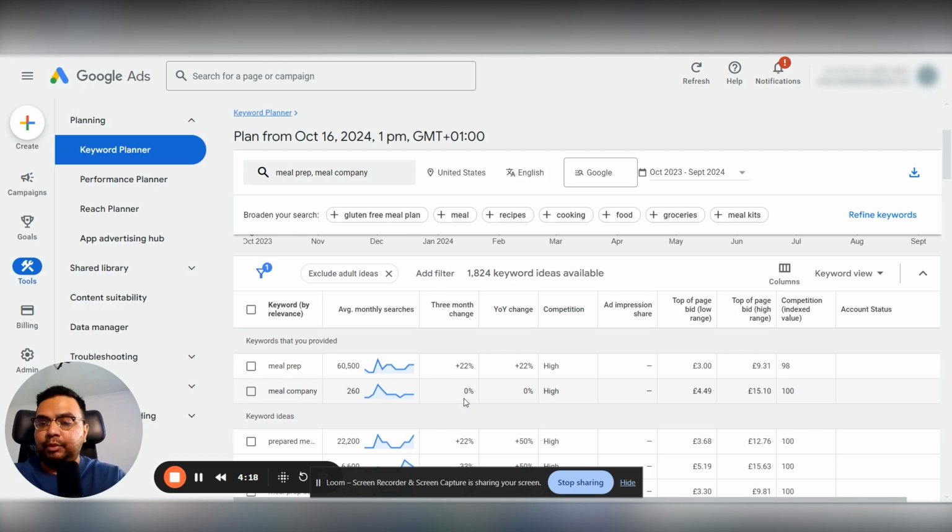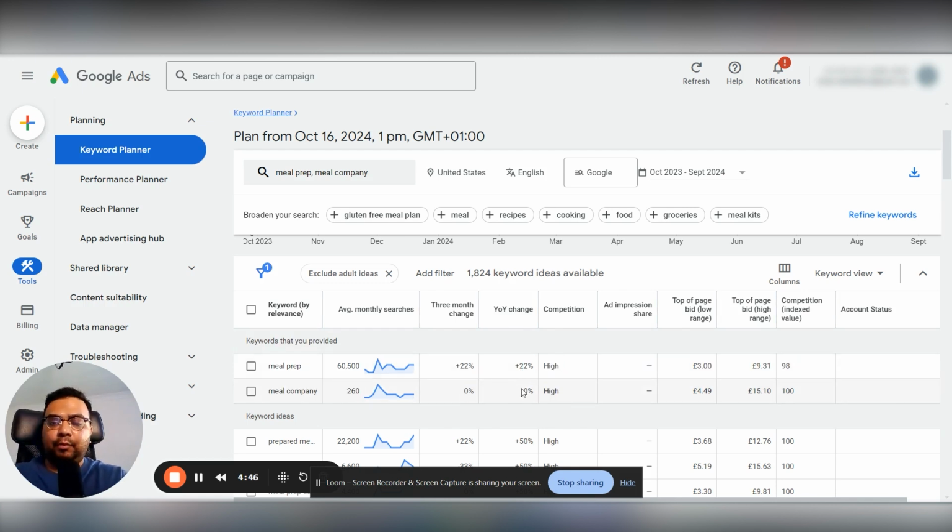And this is very helpful if the keywords you're trying to find have a seasonal trend element to them. So let's just say, for example, you're a company that sells beachwear or surfboards, right? There's going to be a seasonal element building up to summer, and then a seasonal decline going into winter. This allows you to factor in these trends and preempt the direction the search volumes are going. Now, year on year is very similar. This just allows you to see